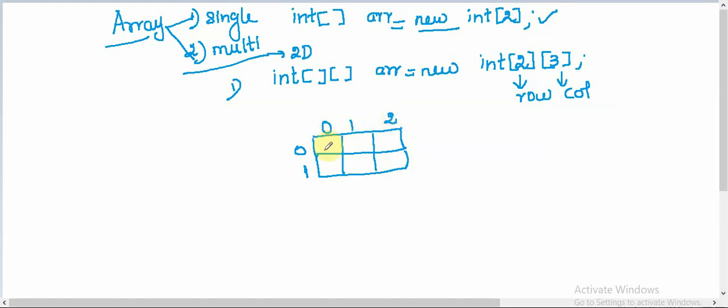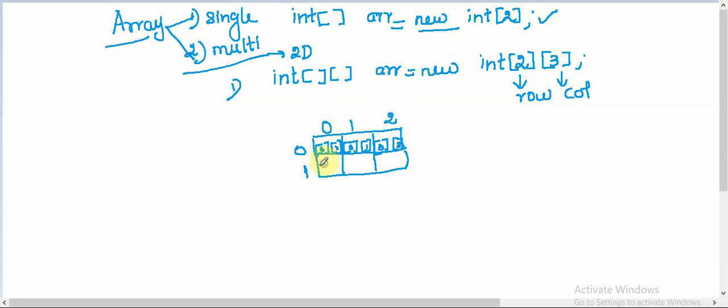Right, and this location can be named as 0th row and 0th column. So it is like 0, 0. And next this place will be indexed with 0th row, first column, and this is 0th row and second column, because the index starts from 0, so 0, 1, 2.